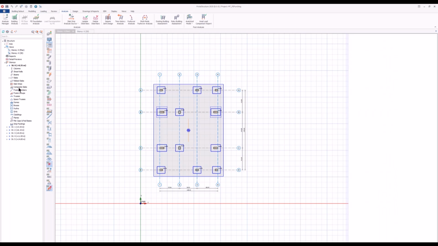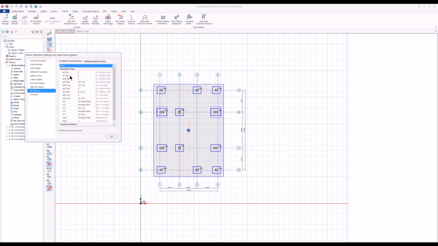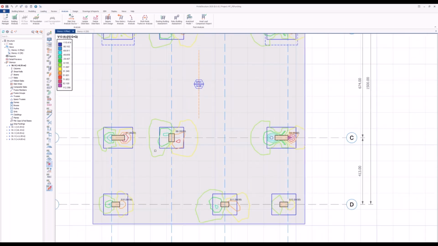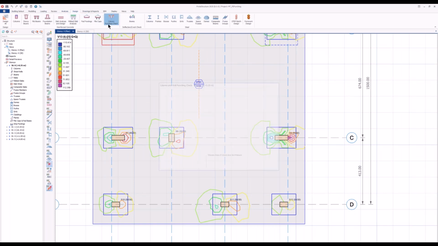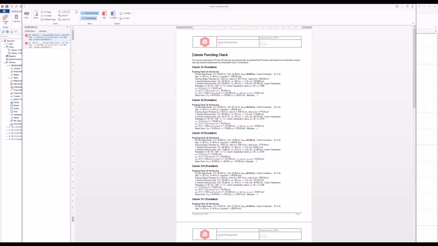And in the visual interrogation, what I want to do, FE contours, I want to open up the, okay, that's fine. These are the out of plane V1-3 forces in the first combination. So you can see them at the same time. What I want to do now is perform the punching check. Let's calculate. And this punching check can now be done according to ACI code and Indian codes, and also